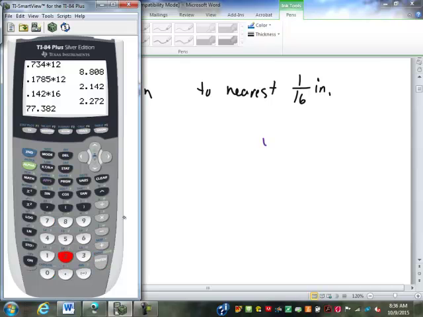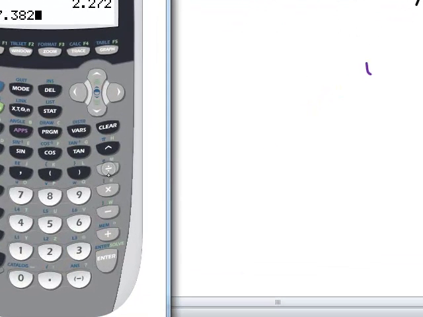If you're working without a calculator, by the way, you can just drop the decimal and go with 77. How many times does 12 come out of 77? Well, 6, which would be 72, 5 left over. But anyway, let's do this. We start out with 77 inches. We're going to convert it to feet first by dividing by 12, which will give us